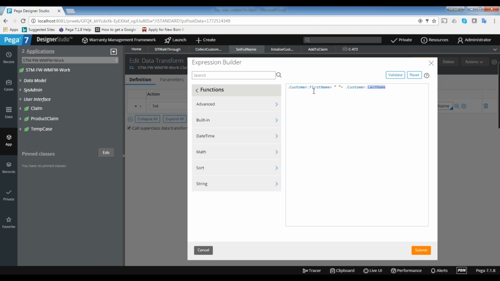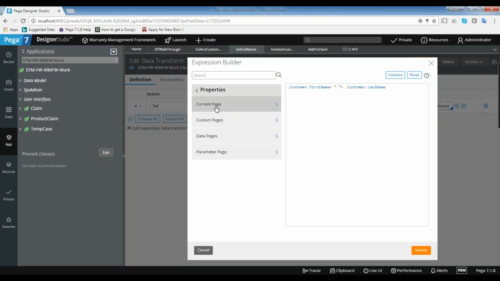But you're just doing this once the data is available. So here first name is already available, that is why I can do something on that. If the first name is not available, the system won't give any errors, you just get an empty value here. But you cannot get the first name from some other source. If you want to get it, you can call the database within the activity. So within the activity, you can call the database and get the data. But the data transform itself you cannot use for getting the data. It's not meant for that. The purpose of this is to do some business logic once the data is available.